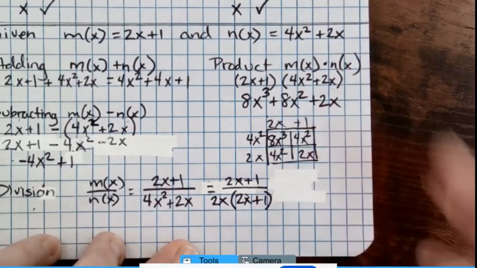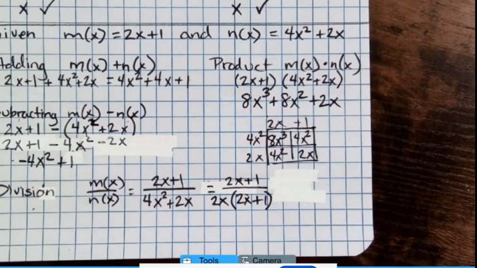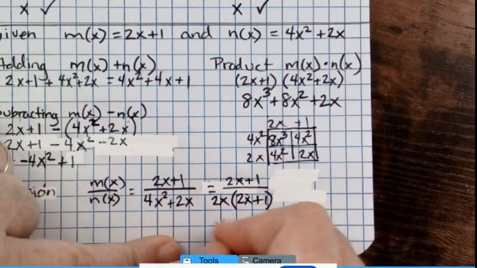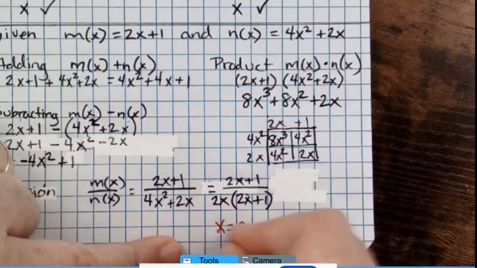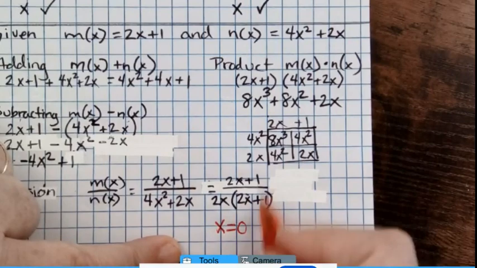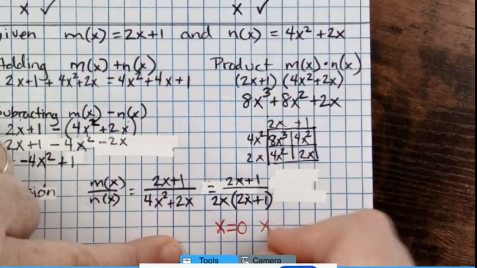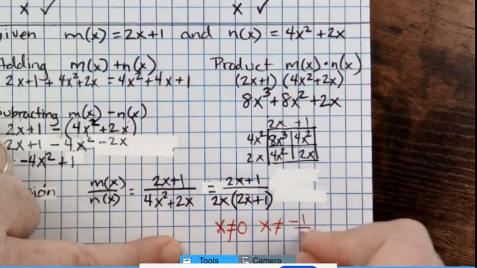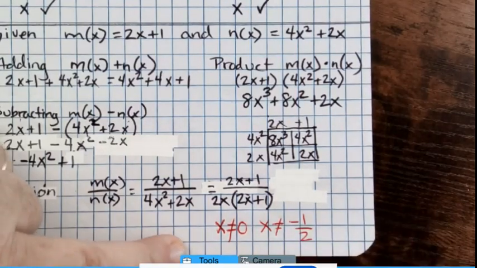So here, we're able to figure out our domain can be any number, except x cannot be 0, and x cannot be negative 1 over 2. When we get into simplifying rational